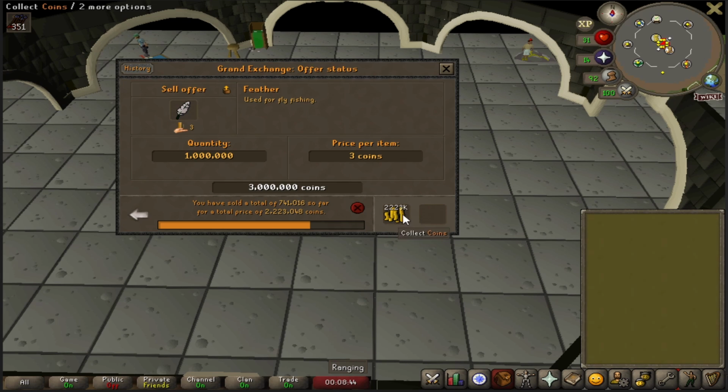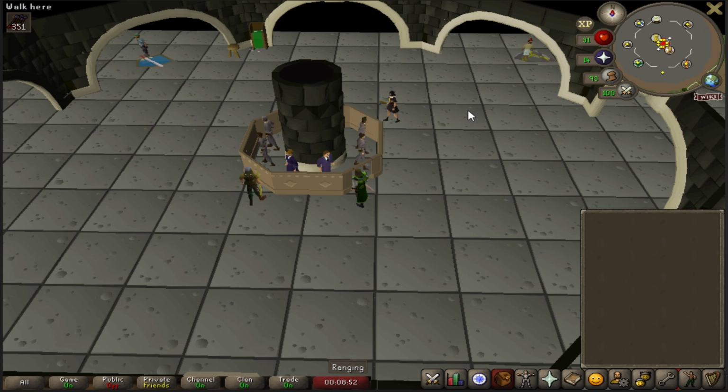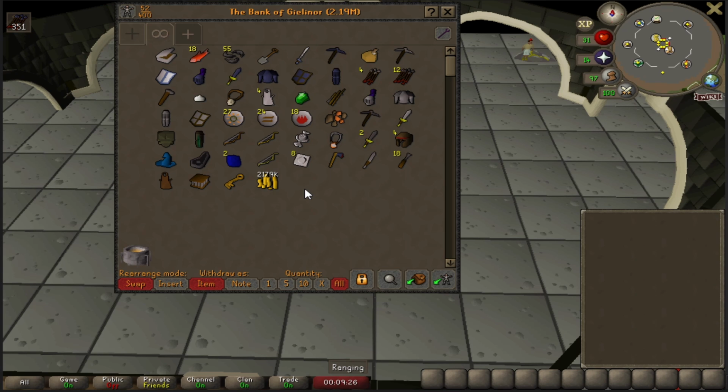So that's another 4 hours, 16 hours of off camera work, and this should bring us up to the 5 million cash stack. And these have already almost finished selling, so we should have these sold by the end of the episode. Now, while we're waiting for these feathers to sell, we do have some loose ends to tie up